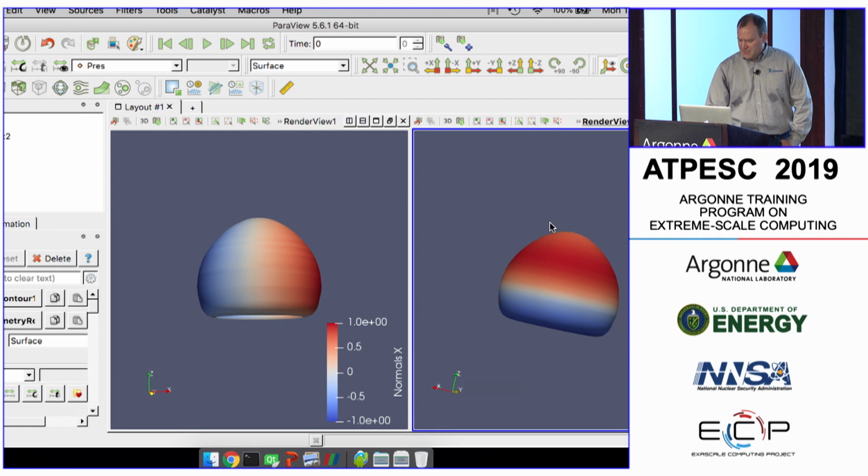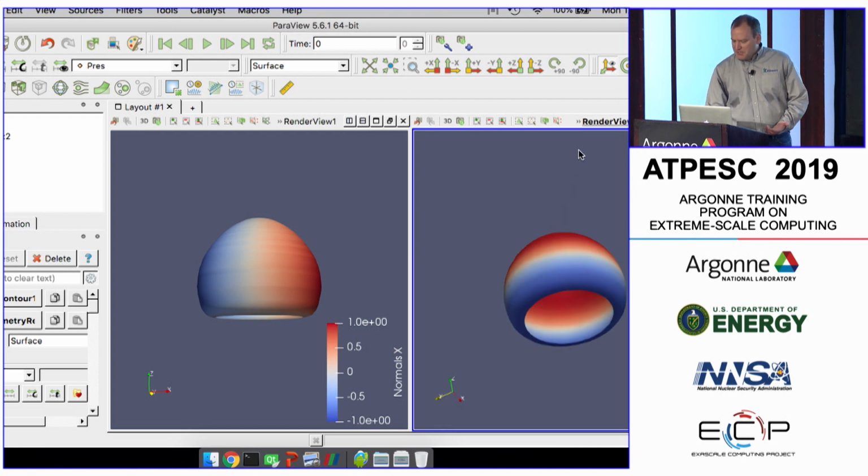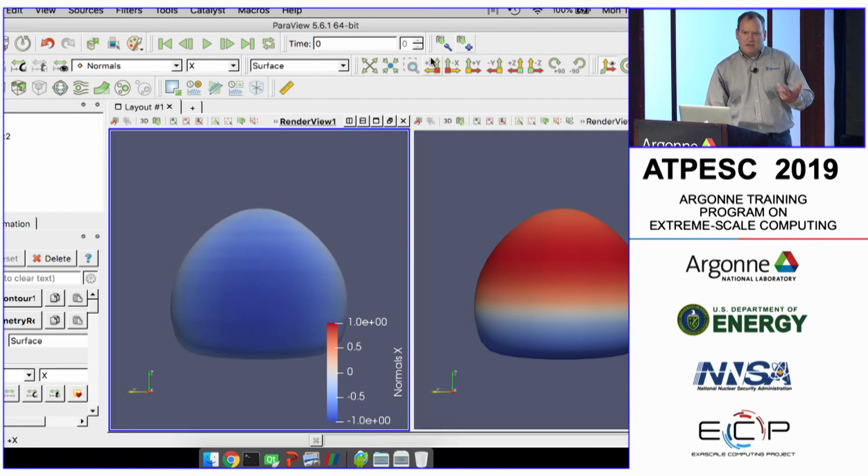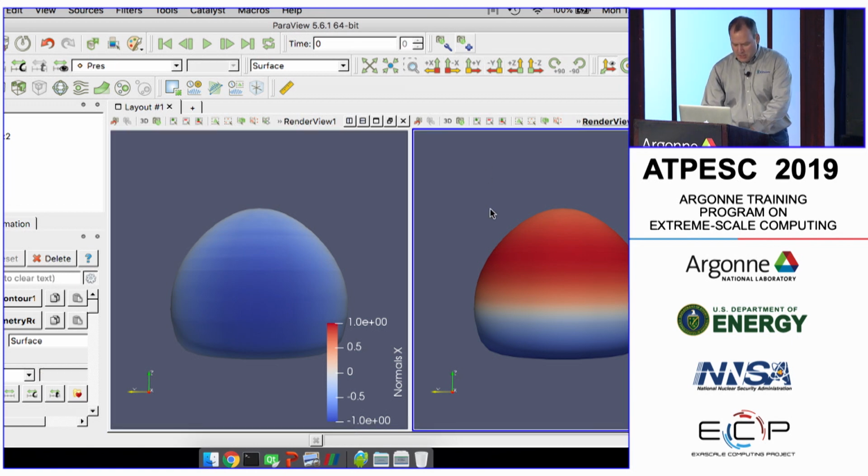Okay. Something that's useful is, so now we're seeing the same data colored by different things, so we can kind of look at the interplay between these two different variables on the data. It's not a great comparison because I'm kind of manually moving the camera here. I could use these shortcuts to get a consistent view, or more conveniently, I could, if I remember the key,